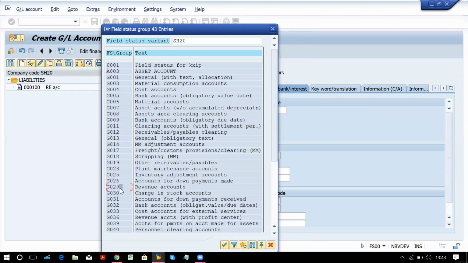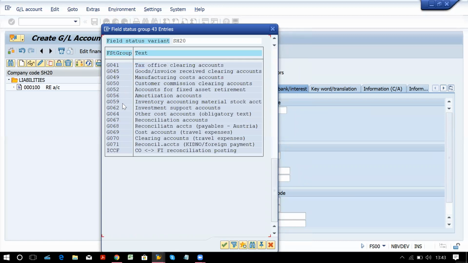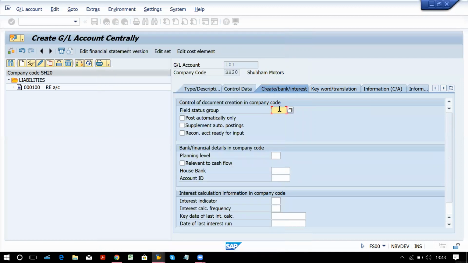G029 we have for revenue accounts, and G067 we have for reconciliation accounts. Later on I will explain this again. Now for share capital account, we are going to assign G001. You can select from the list or just type it, it will get picked. This is mandatory and you have to save.